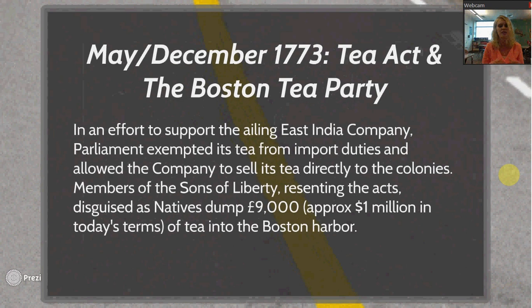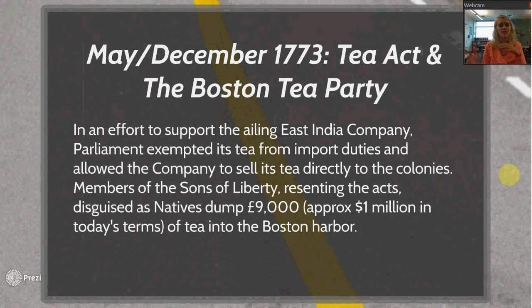So just after that, in 1773, a few years later, Britain passes the Tea Act in May of 1773. So the Tea Act, unlike what you might have thought, is not actually a tax. It actually took a tax away, okay? So think about this. It takes a tax off of tea, all right? Basically, the British have this company called the East India Company, and that's like their big corporation that's run by the government. And they take all of the taxes off of East India Company tea because that's going to make